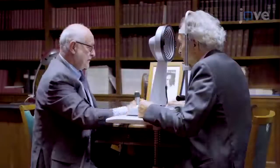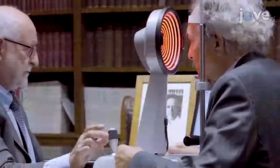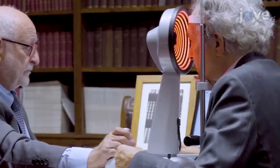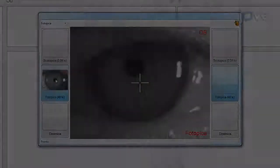To measure the baseline pupil size, seat the subject at an optimal working distance of 56 mm from a corneal topographer pupillographer and acquire single, separate camera shots of the